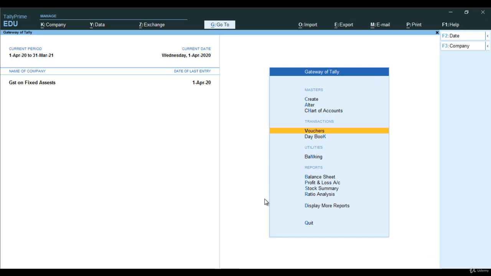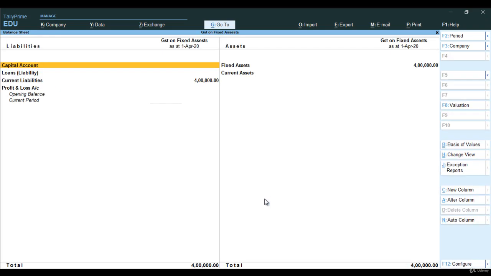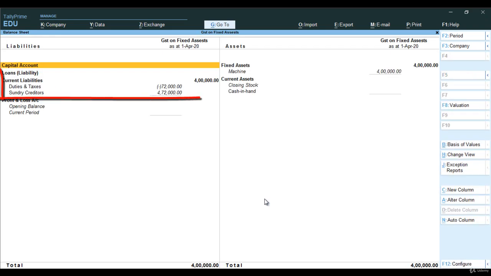Now let's look at the reports, which is very important. 72,000 was the GST component. So let me go to the balance sheet, Alt F1. Now from here you may see it, it's very important. Under duties and taxes, 72,000 coming as a negative. Why it's coming in a negative format? Because you are eligible to get the ITC, that is input tax credit. Fine,